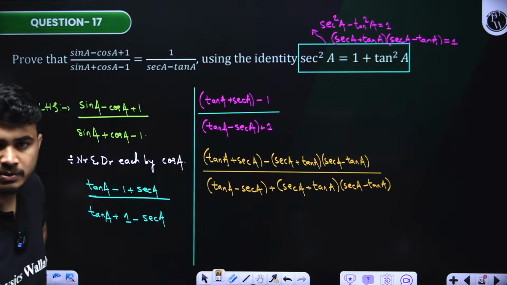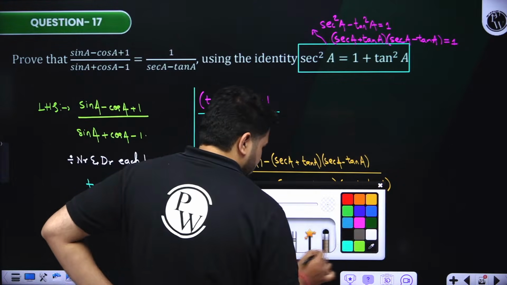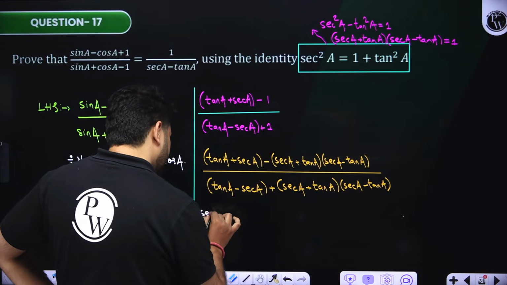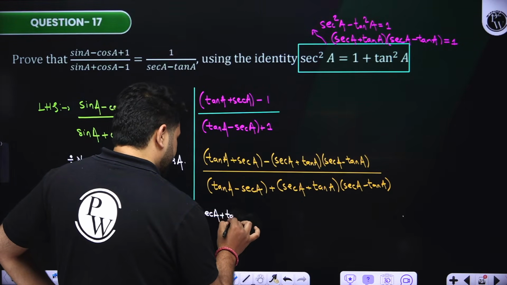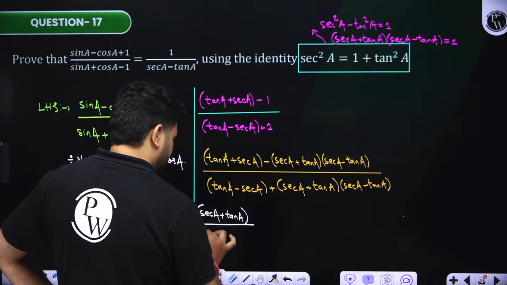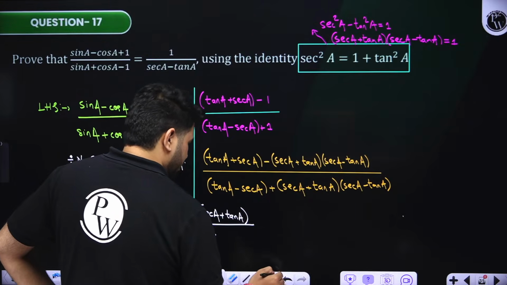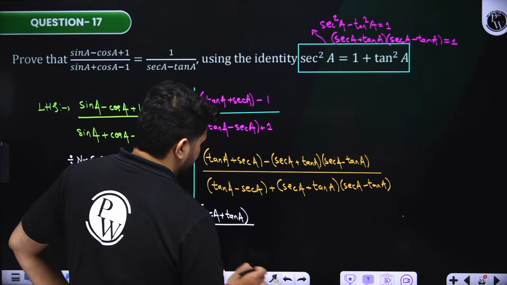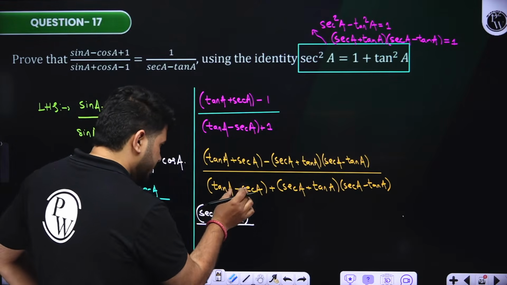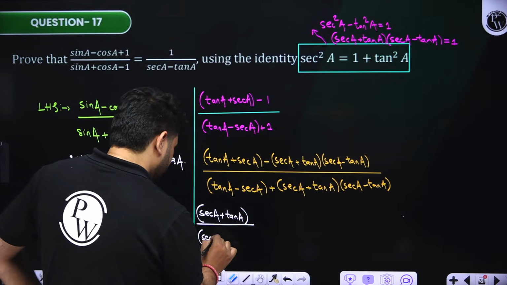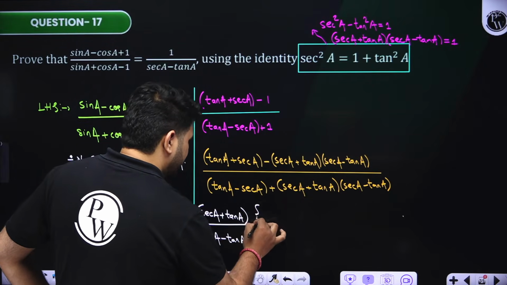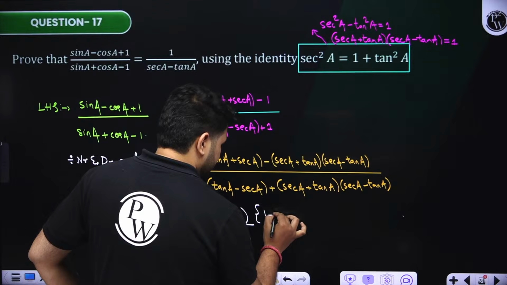Can I write down like this? 1 by secant a minus tan a. Very nice, Saujanya, super. So from here, in the numerator I can take secant a plus tan a common. Here also I can take tan a minus secant a. So from here also, students, I'll take secant a minus tan a common, because here the remaining factor will be 1 minus secant a